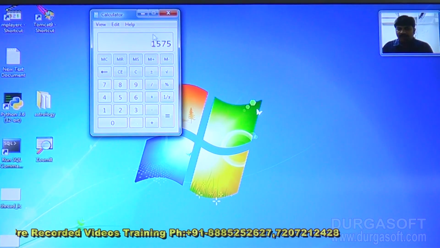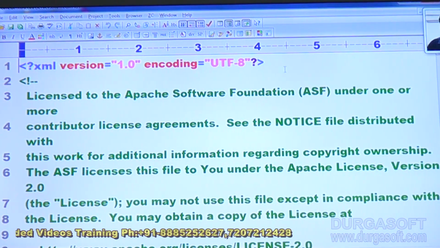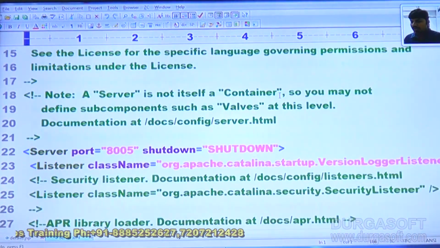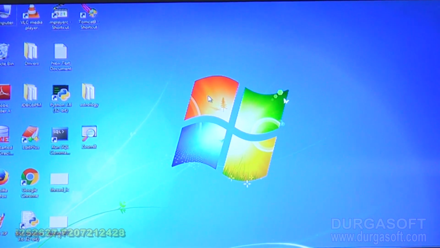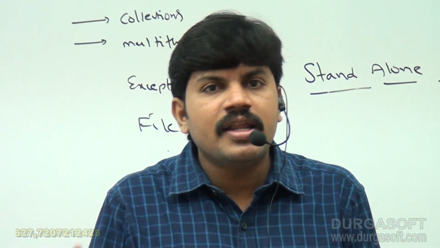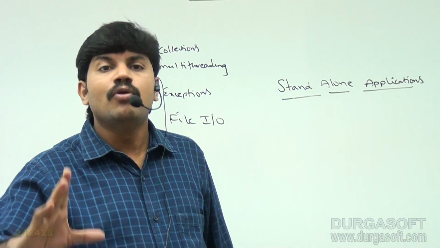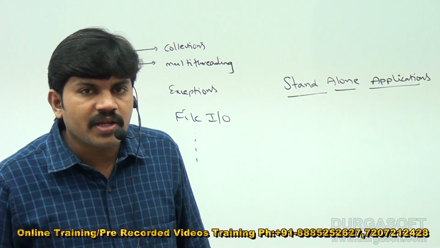Next, suppose here I'm using EditPlus. It's a simple software, sir. Sir, is this EditPlus application running on a single computer or not? Yes. Sir, MS Paint. Sir, I want to use a painting application, right? It is itself single. It can run on a single machine. So the applications which are running on a single machine are by default considered standalone applications, right? So with your core Java knowledge, which type of applications can we develop, sir?